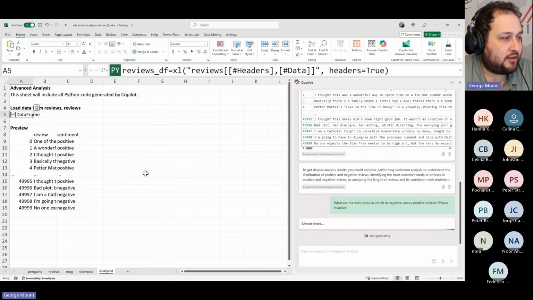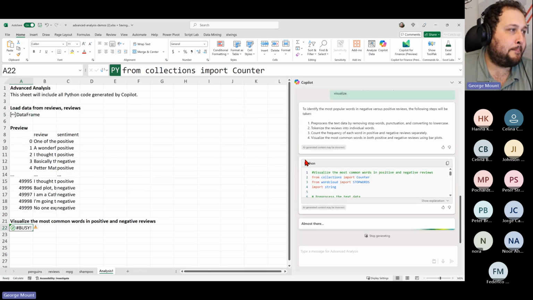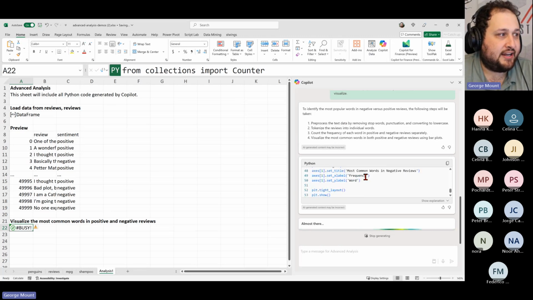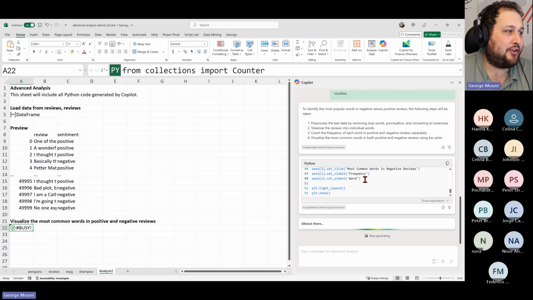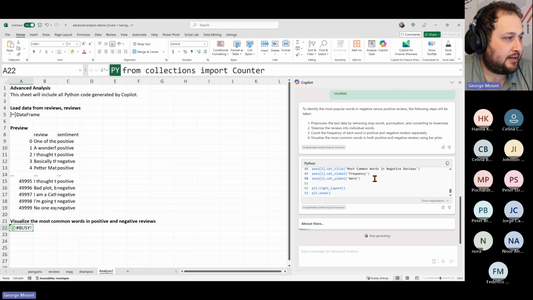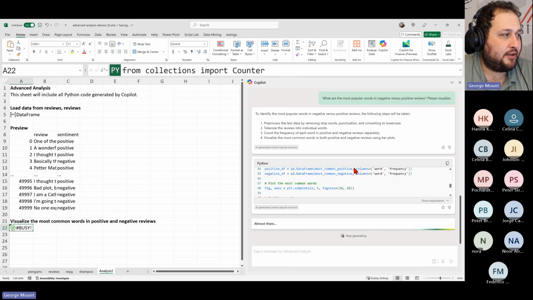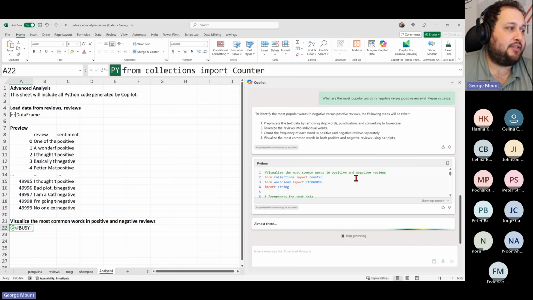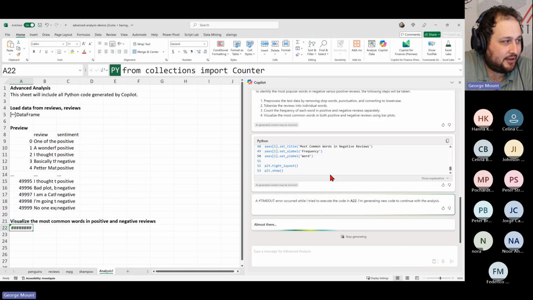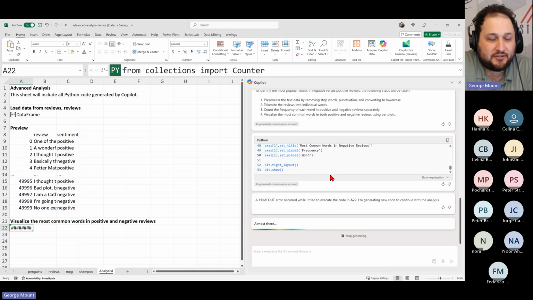Okay, so it's going to take a while. Again, like we said, this is a somewhat larger data set. It's even going to give us the steps here. I've even seen this try to process your data, and if it encounters an error in that Python code, it will iterate and come to a solution to get Python code that works, and then run that Python code. Again, I would definitely encourage you to know the basics of Python, know the basics of text mining, right? I don't think it's the best idea to just come into this with no prior knowledge of these topics. But for those of you who have studied this stuff and would just like a safe place or an easy